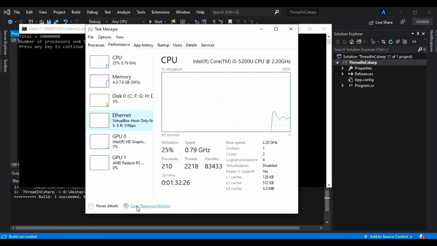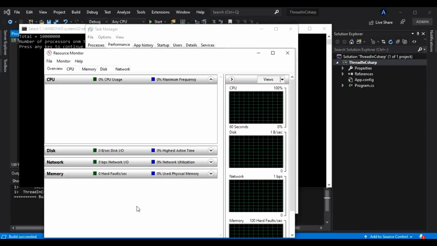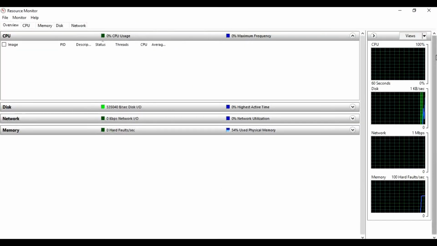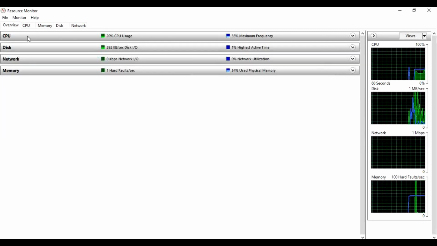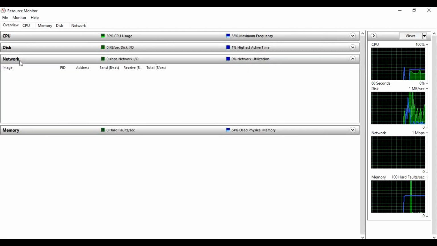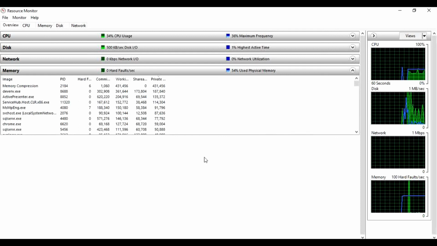But if I go to Open Resource Monitor, in this we can see that there are 4 processors on my machine, that is 1, this 2, this 3, and this 4. Those 4 blocks mean the 4 processors, and one is handling CPU operations, one is handling disk operations, one is handling network, and one is handling memory management. So that is nothing but the 4 processors I have on this machine. This is nothing but a quad core processor.